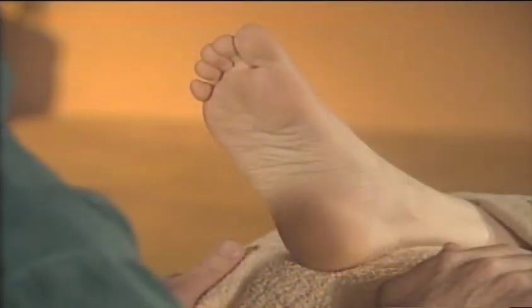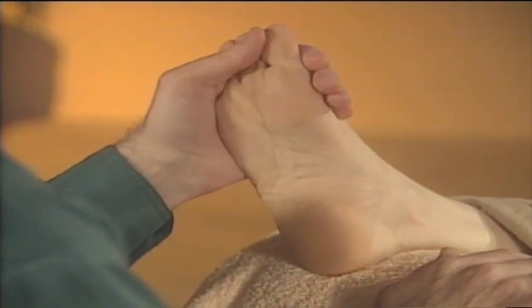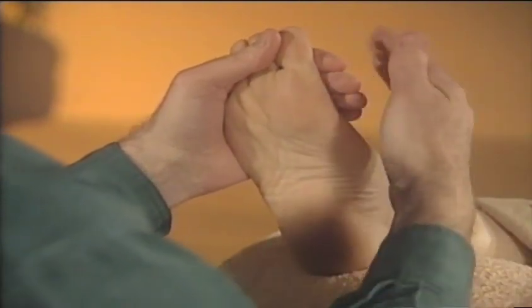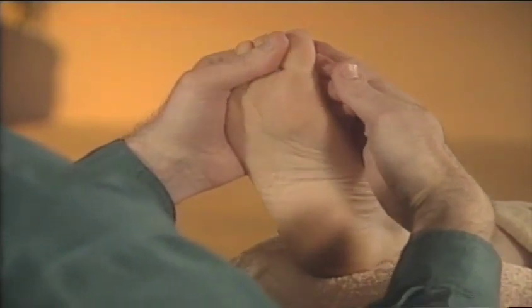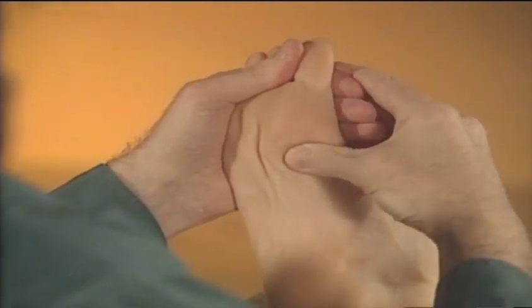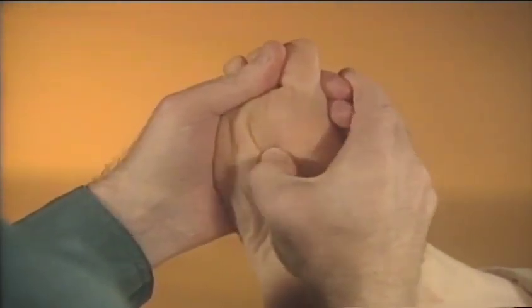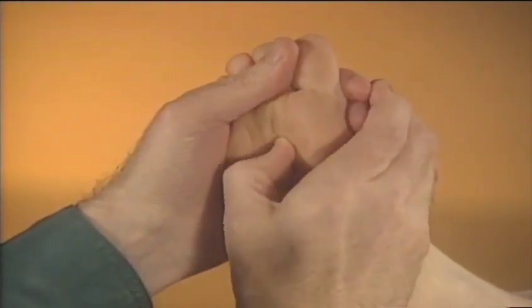Begin by supporting the foot with the left hand cradling the top behind the ball. Rest the fingers of the right hand on the fingers of the supporting hand. To work the bronchial area, walk the right thumb around the pad under the big toe. Walk it up between the big and second toes until it is right beside the joint where the toe joins